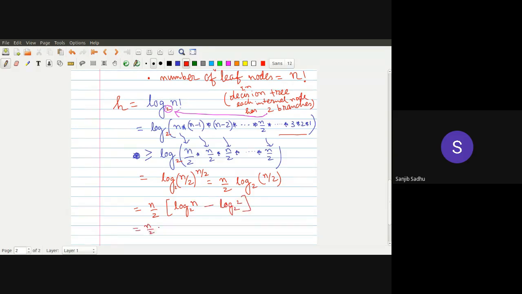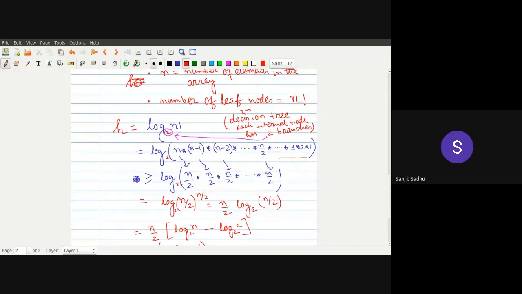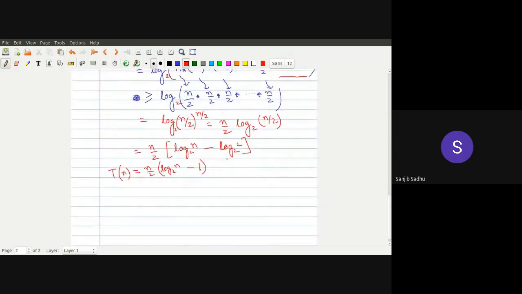So that is equal to n by 2 minus 1. Now this is the Tn. You check it. H is height. Tn is determined by H. So now I think you can prove that this expression is greater than or equal to some constant into n log n. It is n log n base 2, automatically by 2, whole divided by 2, minus n by 2. So this expression is greater than or equal to c into n log n for all values of n greater than